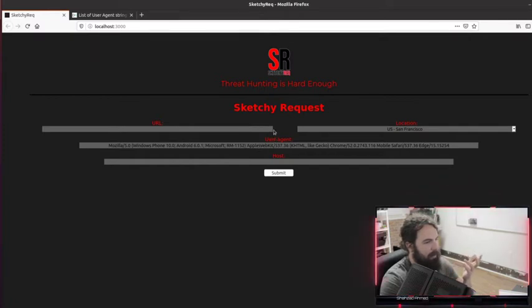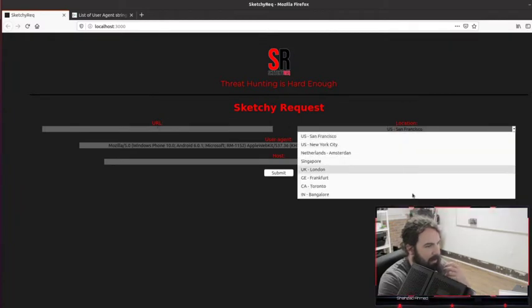Like, for one thing, user agent is not squared with this gap right here, and that bothers me. That's a centering problem. Okay, I just realized, that's not going to be centered on that gap unless we make this the exact same width, because otherwise it won't be centered on this field. So we can shrink down the size of the URL in the location field, which honestly we could do pretty easily, because this still has tons of white space here.